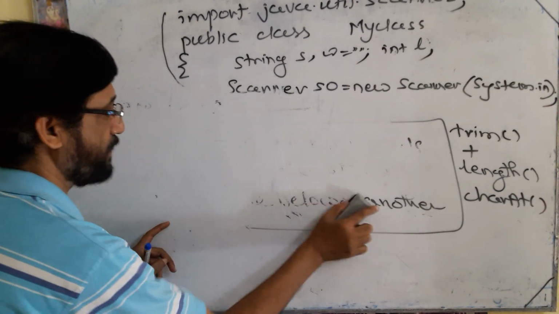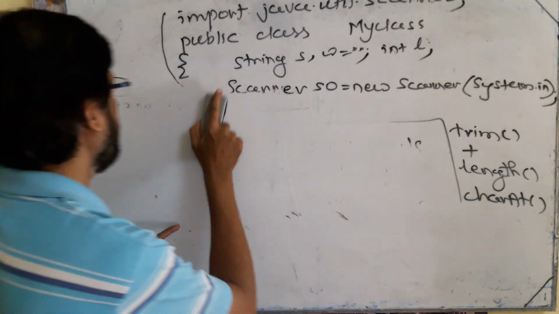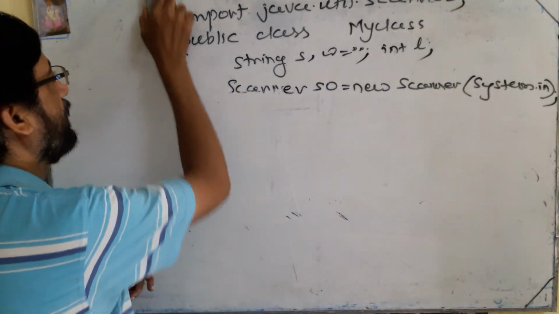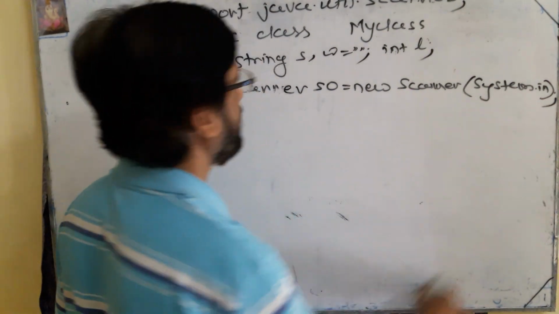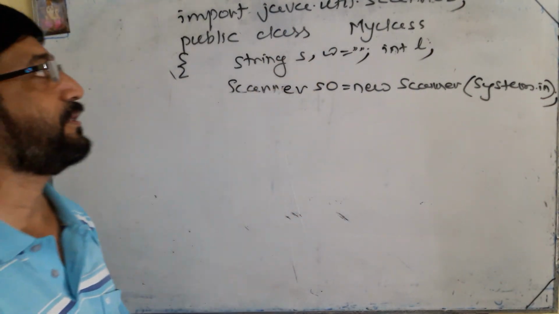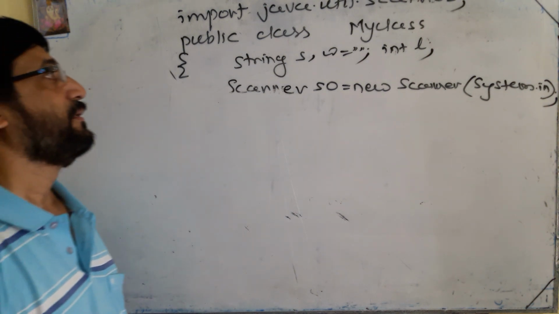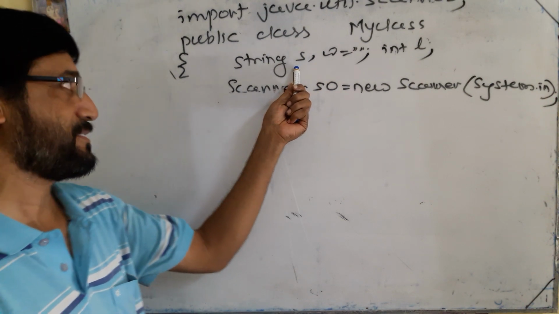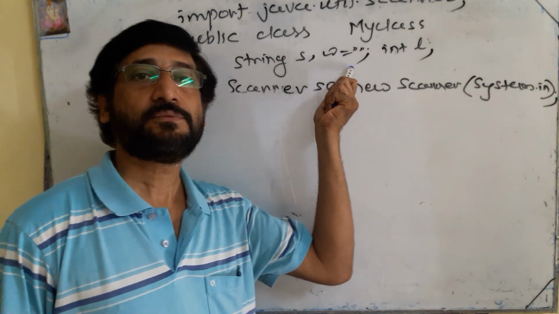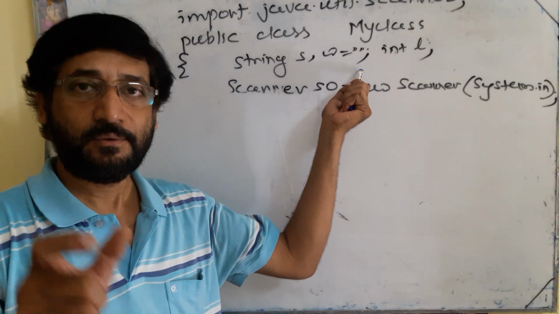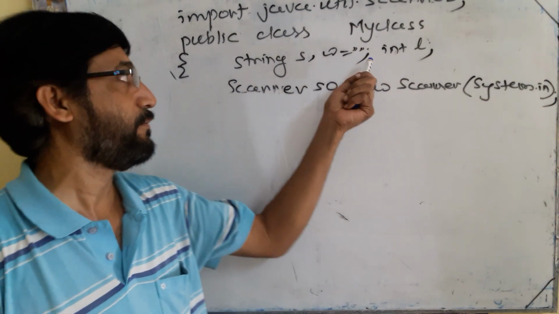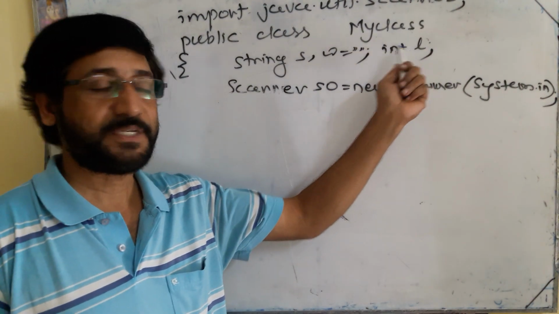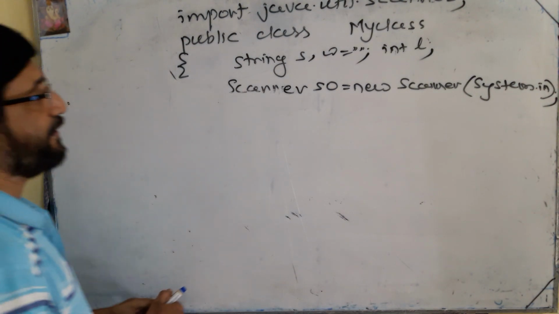So as in the question it is asked to input the string. You can use the Scanner class to input the string. So first one is what? Import java.util.Scanner, to import the util package. Then make the variable s, this is also required because we are going to store the string in the variable s. w is also required because we are going to store the words in the variable w, one word after another word. l is also required to store the length, that is the number of characters of the string. Okay, if any other variable is required we will take it afterwards.